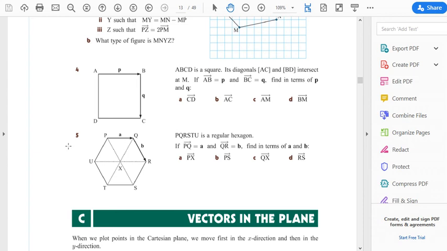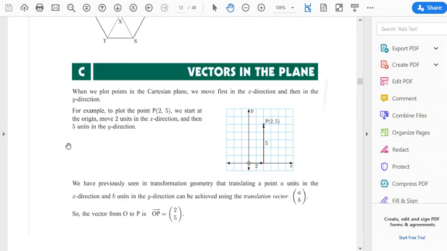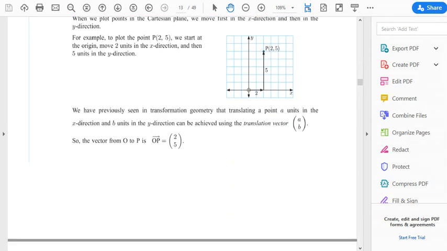You can have a go at number 5, check your answers, see how you go, and message me if you're struggling. So the next bit that we are looking at